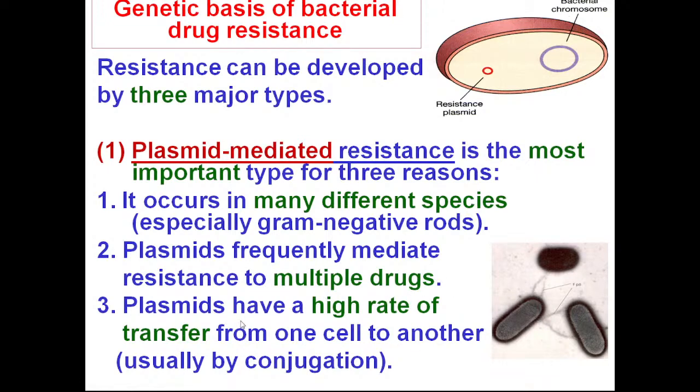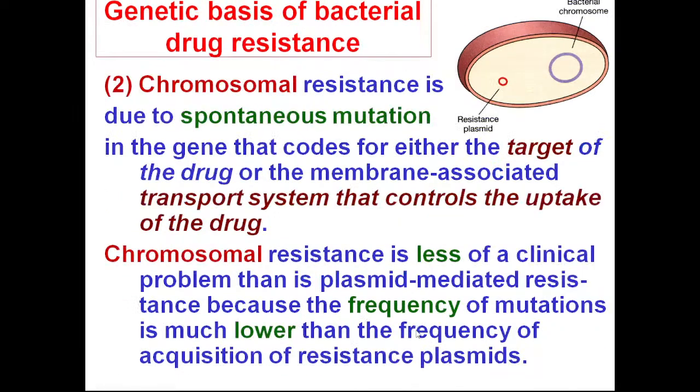And then the third reason is that plasmids have a very high rate of transfer from one cell to another cell. So this process occurs very actively, naturally in the bacterial populations. So very frequently the antibiotic resistance can be transmitted. Then the second important genetic basis of bacterial drug resistance is the spontaneous mutations in the gene that codes for the